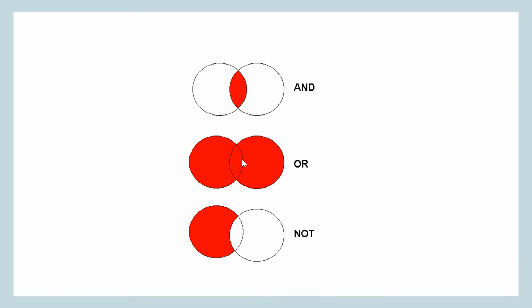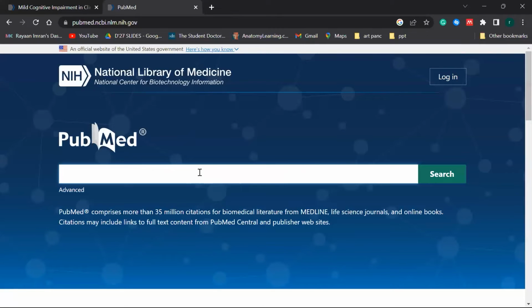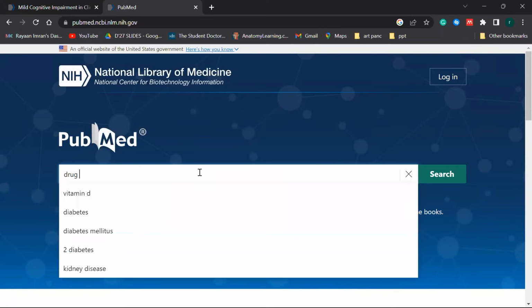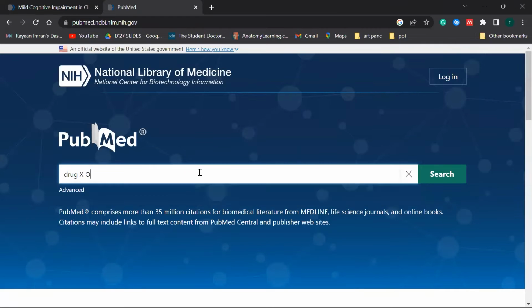So drug X, we're talking about, let's say वही बात आ जाती है, you're talking about drug X, or let's say there are two drugs की बात कर लेते हैं कि you're searching about drug X and drug Y, and you want articles on all of these drugs, ठीक है, उसमें drug X के बारे में बात की जाए, drug Y के बारे में बात की जाए. So you go to the PubMed, you write on their search string, I'm going to actually show you over here, ठीक है, drug X, so drug X, OR, ठीक है मैं लिखा है drug Y.